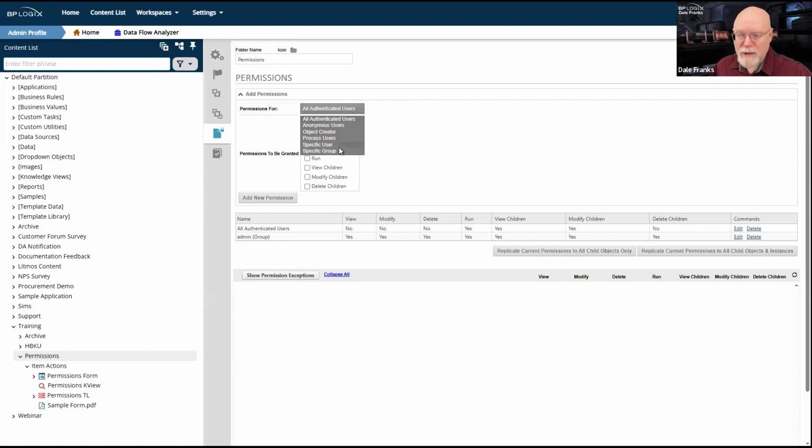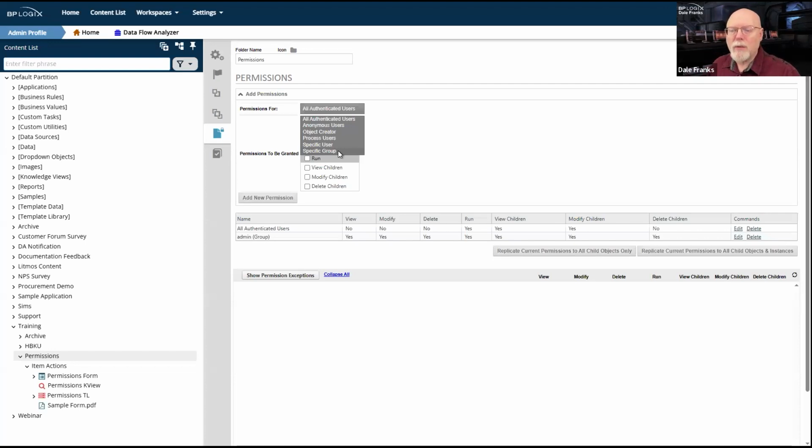Some are specific users. For example, I can choose a specific user or a specific group, and I can identify those users by name, either directly by choosing a specific user or indirectly, by choosing a specific group, where whatever permissions I give to that group will automatically be applied to all users who are members of that group.